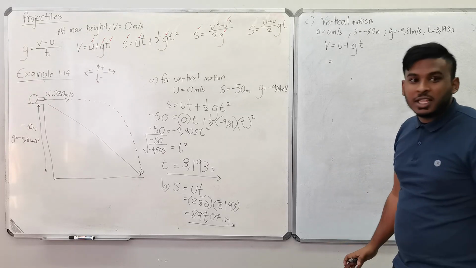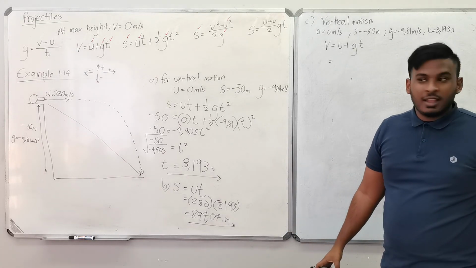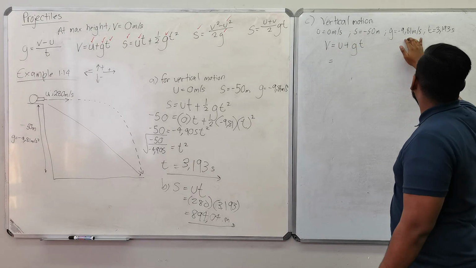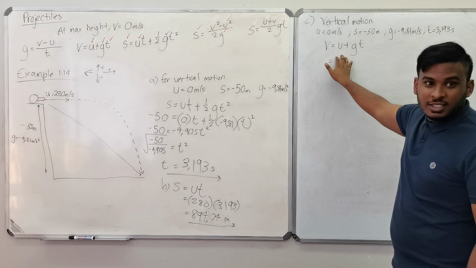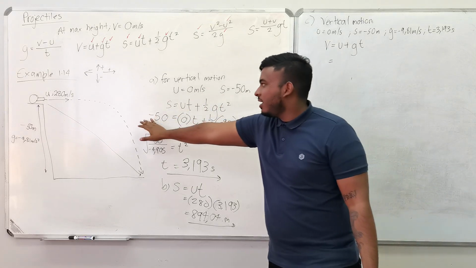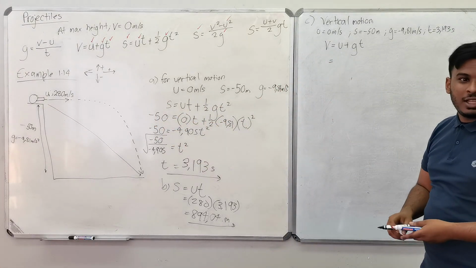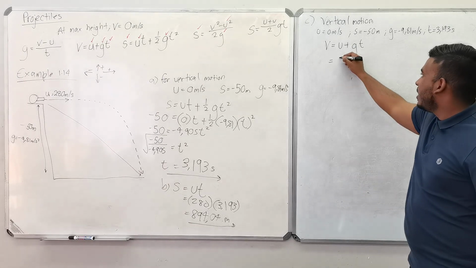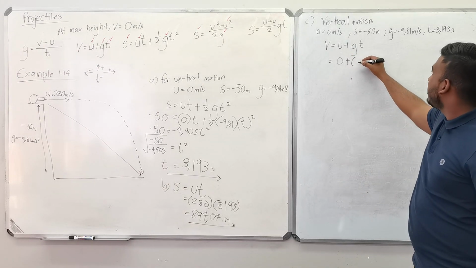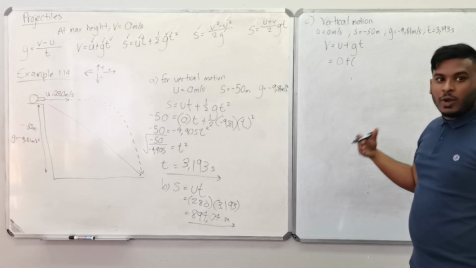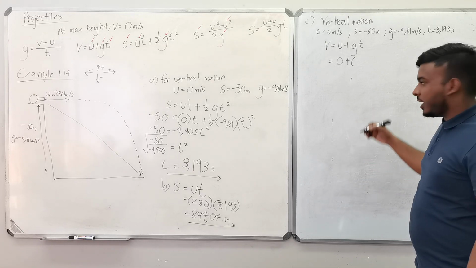I literally wrote these values. It's 9.81 times 3.193. What is your initial velocity? Zero. So it's 9.81, positive or negative? Get in the habit of saying what it is. Minus 9.81